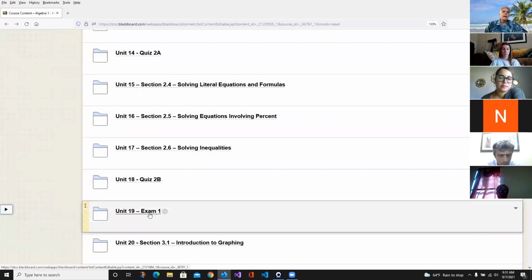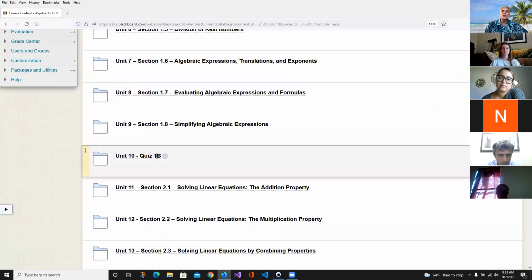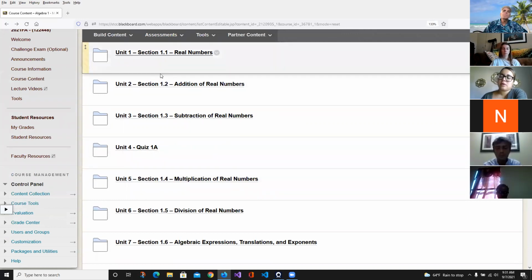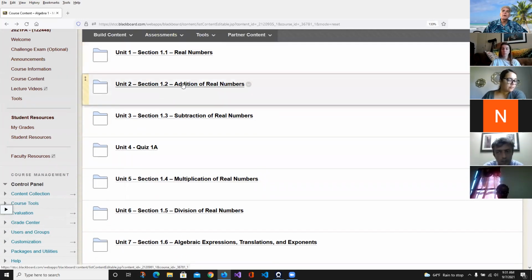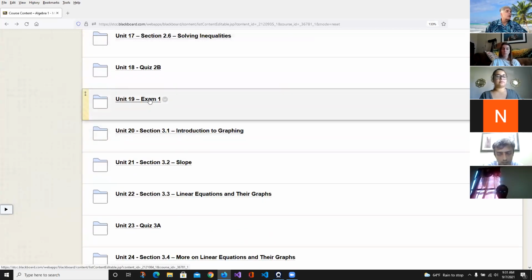There's the exam. It sounds scary, but an exam is basically a little bit of everything that you see above. 20 questions, a little bit of this section, a little bit of that section. And it's the same type of questions you've seen. They're computer generated. There's no gotchas. They don't introduce a new topic in any of these exams or quizzes. They're literally rehashes of what you've seen before.